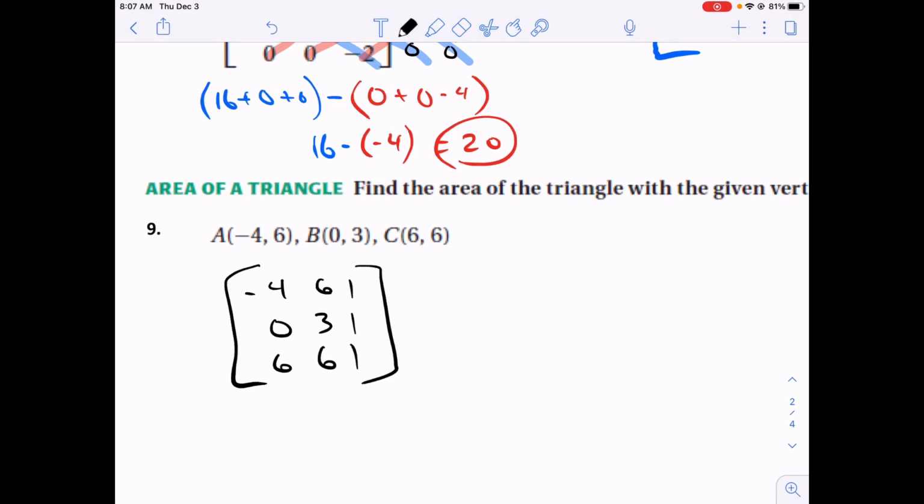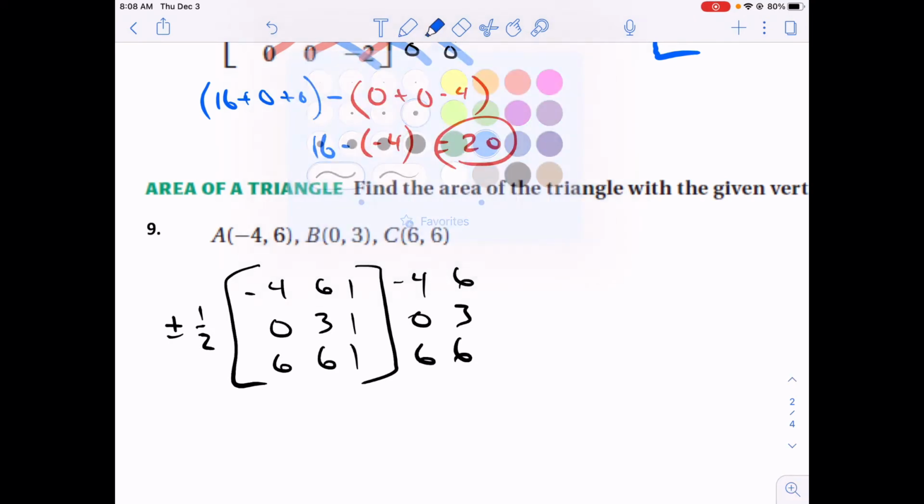Okay, and then I repeat the first 2 columns. So it's negative 4, 0, 6, 6, 3, 6. And don't forget, it's plus or minus 1/2. So there's your setup. And now, again, we're doing our diagonals. There's the first, there's the